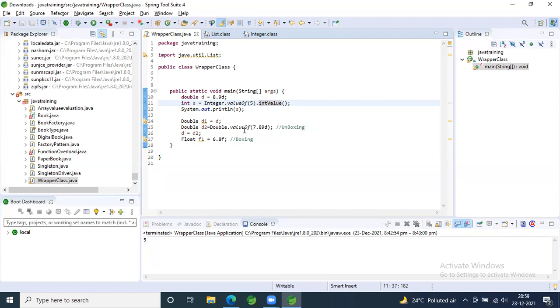Neha, can you tell again what is boxing? Primitive to object. Yes. Object to primitive is unboxing. Exactly. In line number 11, we are using intValue, so we are getting the primitive value from the object. Yes, exactly.